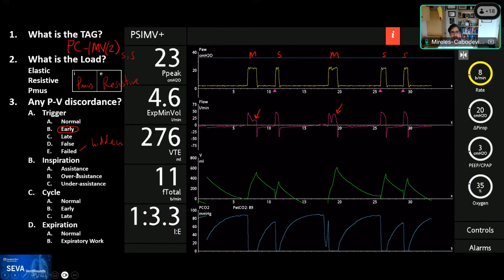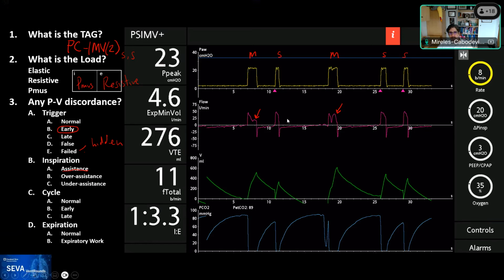Then during inspiration for this breath, we are not going to comment because the patient got an early trigger, but we can comment on these ones, and we can see that they're assisted breaths. And we say that they're assisted because we see PMOS during these breaths. And so I would say that all the other ones are assisted. In terms of